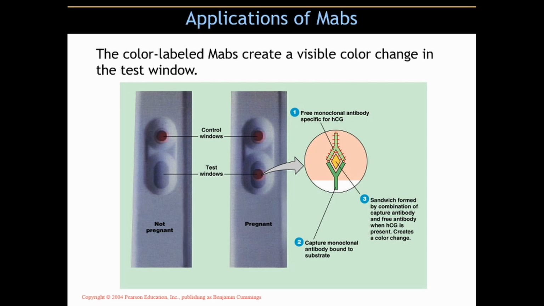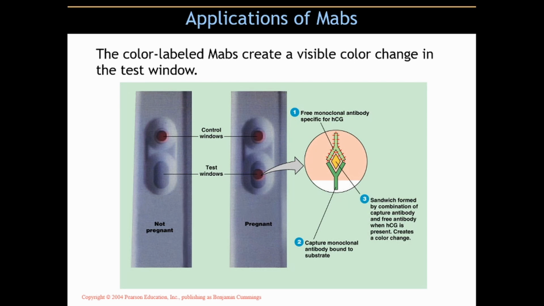So there's a part in that test window where all of these capture mAbs are stuck. They're like rooted into a substrate. They're not moving around. They're not free like the one that's carrying the enzyme that leads to the production of the red dye. Then, when you urinate on the pregnancy test and you are producing HCG, which will come out in your urine, the HCG will travel through and be absorbed by the cotton in the pregnancy test.